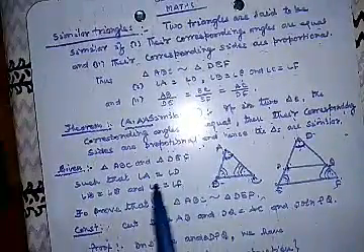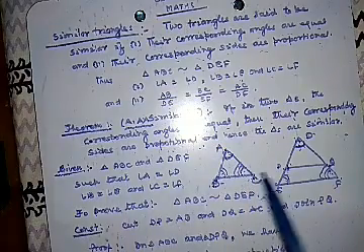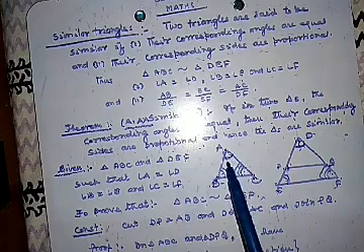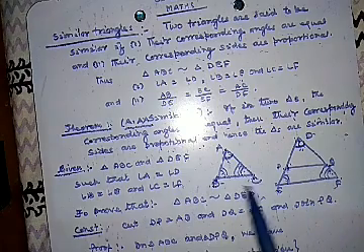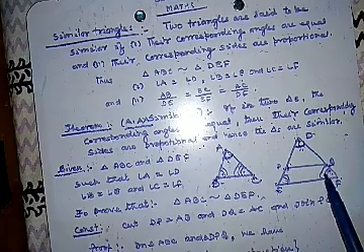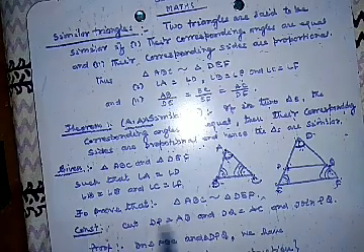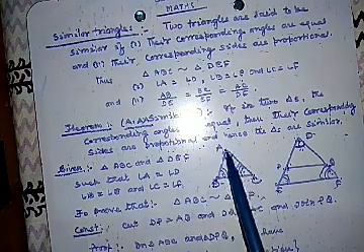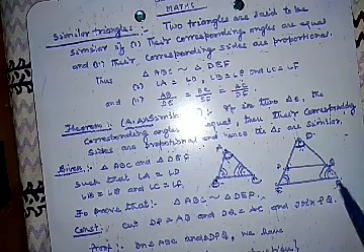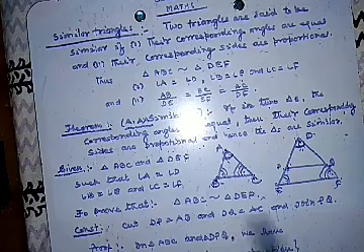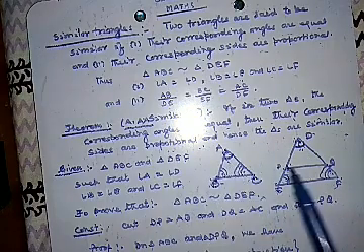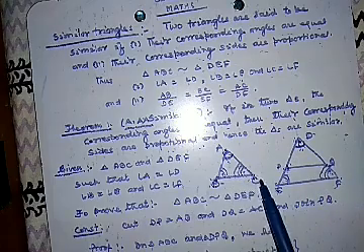Given: ABC and DEF are two triangles such that angle A is equal to angle D, angle B is equal to angle E, and angle C is equal to angle F. Then we have to prove that triangle ABC is similar to triangle DEF. Now construction: cut DP equal to AB and DQ equal to AC